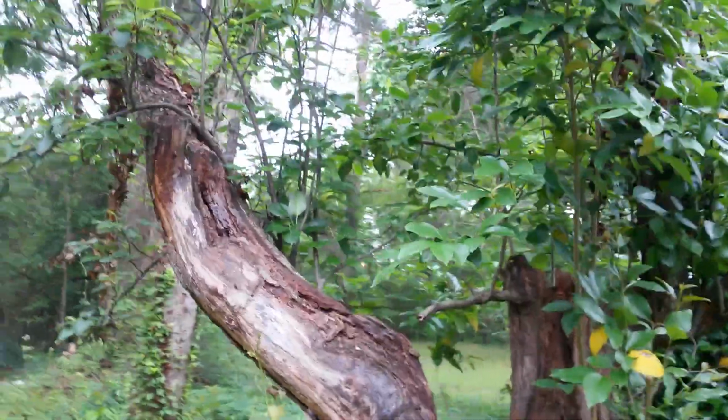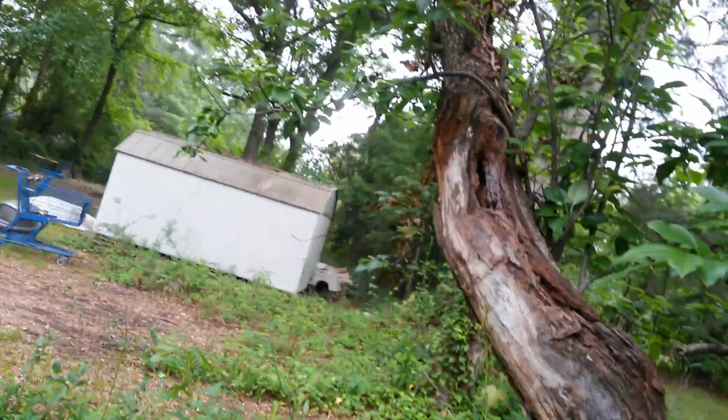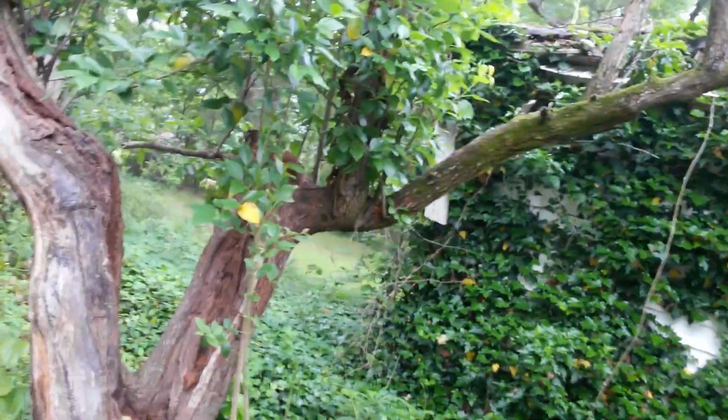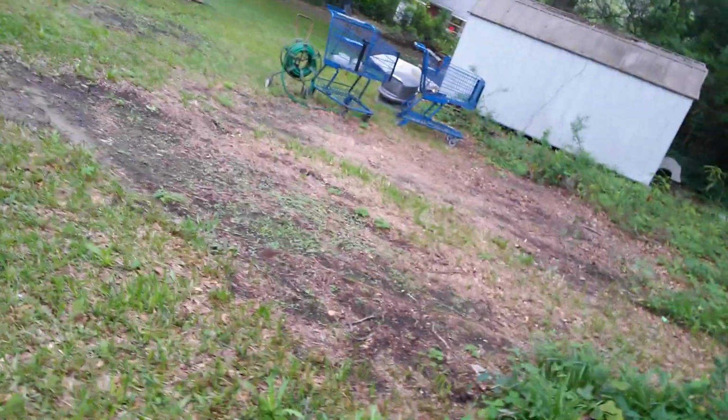Really, it's probably more bringing pollinators than making pears. This tree is old, y'all. I think it's just tired. And it's sick, too. You can see how, the tree probably just can't really sustain fruit. I'm going to take some cuttings off of it, though, in a spot where it's not sick. But anyway, y'all,